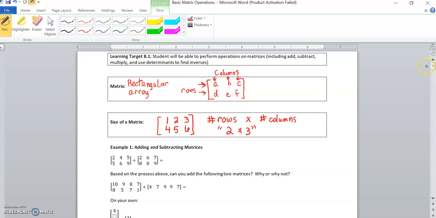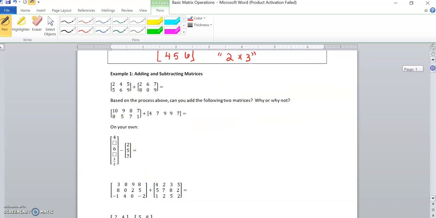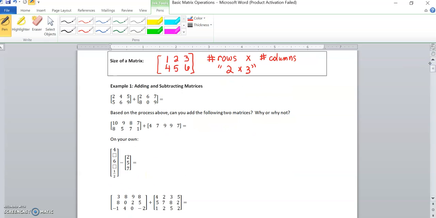All right, so next we're going to jump right into adding and subtracting. Pretty self-explanatory, but the first thing is you have to have the same size. So if we have a 2 by 3 and we're trying to add another matrix, the only matrix size that would work is another 2 by 3 matrix. When you do that, you end up with a third matrix as the resultant, which is going to be the same size. What you do is you take the corresponding